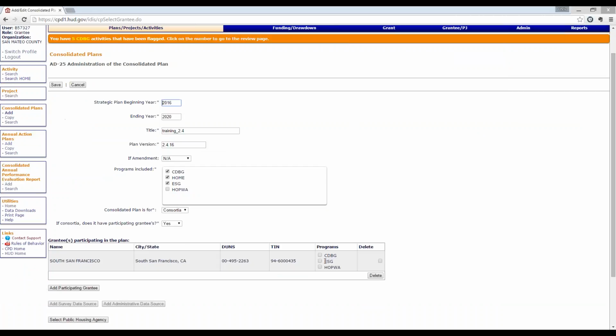And again, make sure that you check the appropriate programs that the participating grantee is receiving. If you have multiple participating grantees in your plan, you'll go through this process. You'll add another for each participating grantee in your plan.